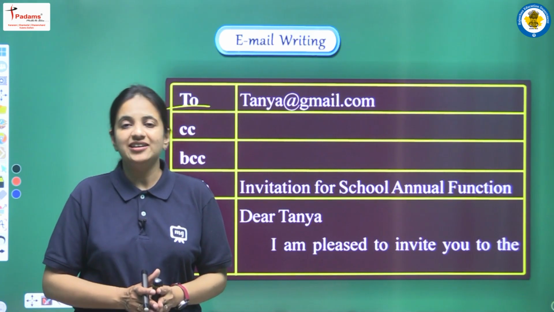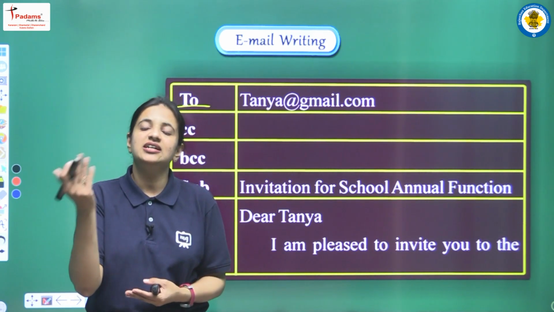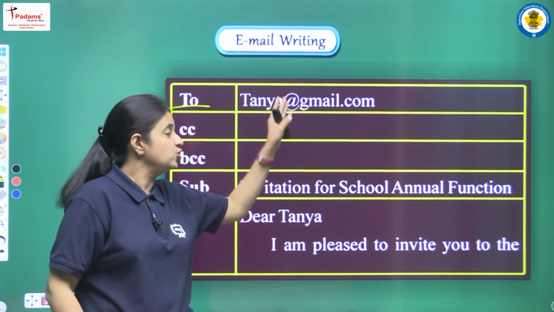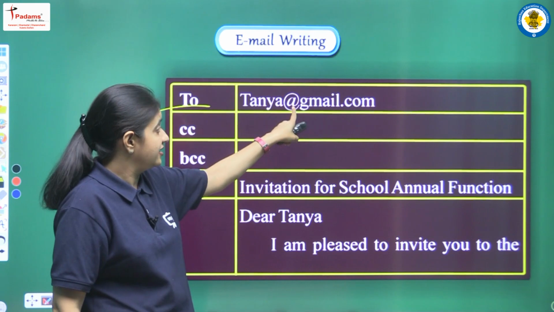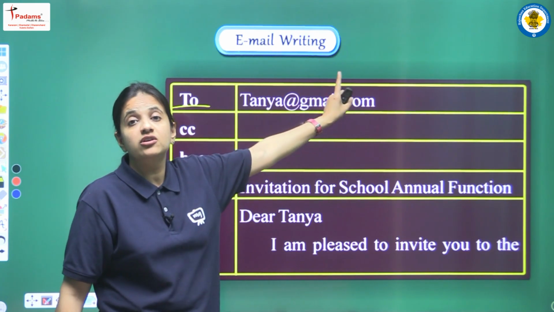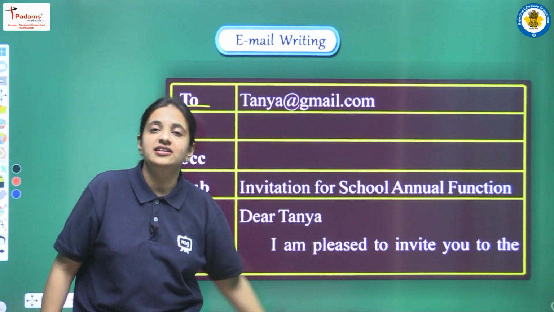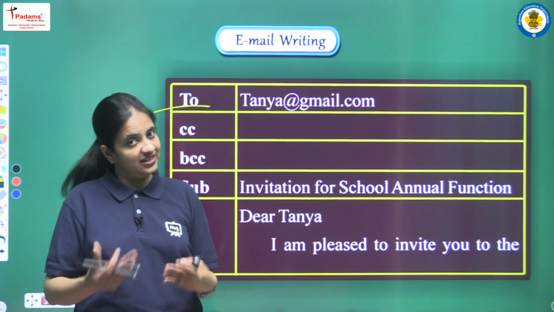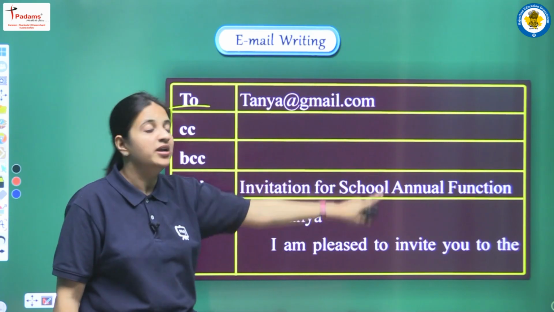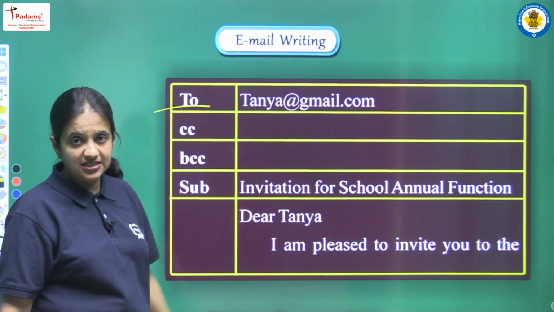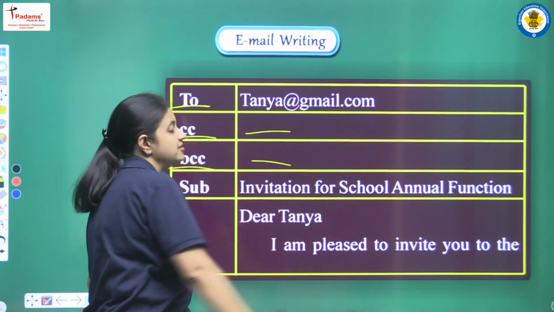So we have to write this email to our cousin, and the cousin can be male also, the cousin can be female also. So we can choose any name here. Okay, so here we are writing tanya@gmail.com. I hope now how we can write the perfect email address, that thing is clear to you all. So here we are writing tanya@gmail.com. Next to CC and BCC, so we are mentioning here CC and BCC, but this space we have to